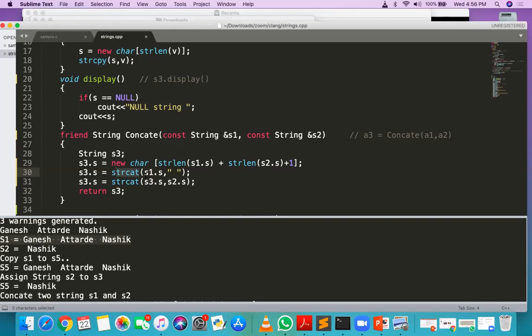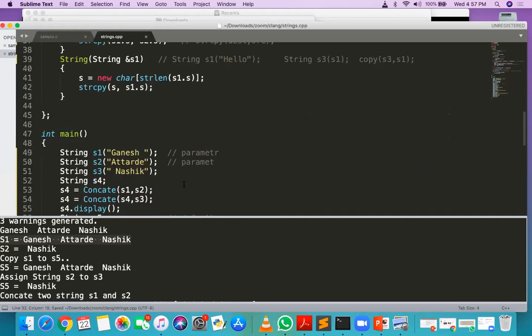So strcat will be like destination comma src. So destination is equal to destination plus src. The content of the destination is added with the src and the destination will be modified here. That's why there is a problem.